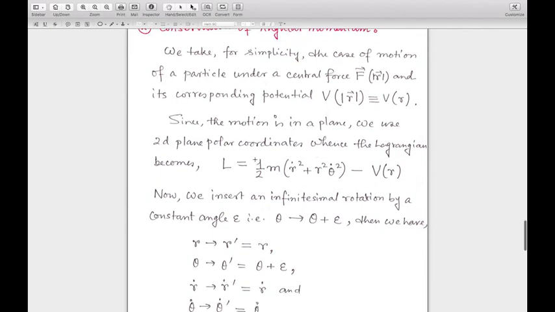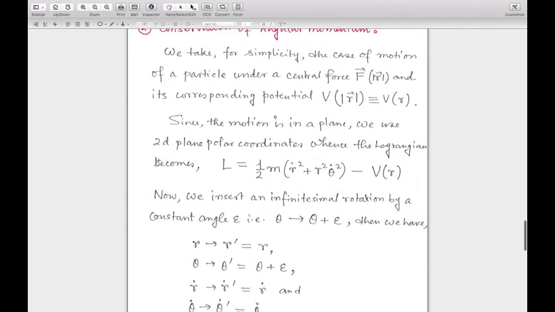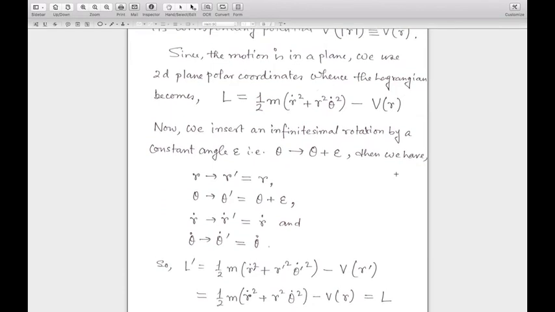Now since the motion is in a plane, we use 2D plane polar coordinates, whence the Lagrangian becomes simply L is equal to, we have previously seen that, half m (r dot square plus r square theta dot square) minus V of r. Now how to incorporate in such a formulation the effect of an infinitesimal rotation? That simply says that if your